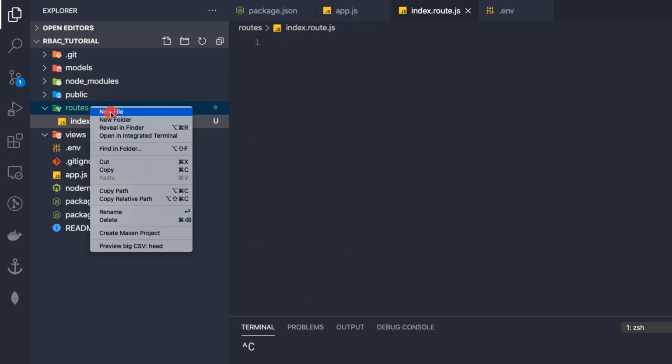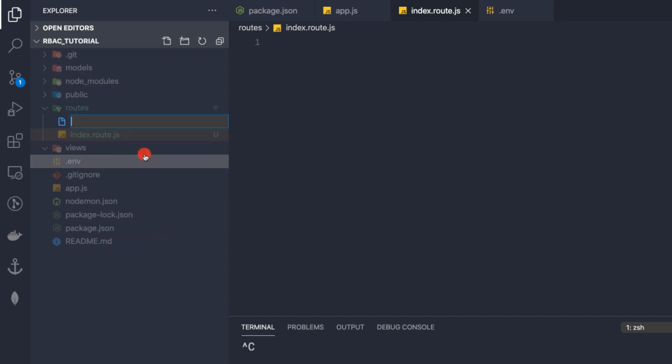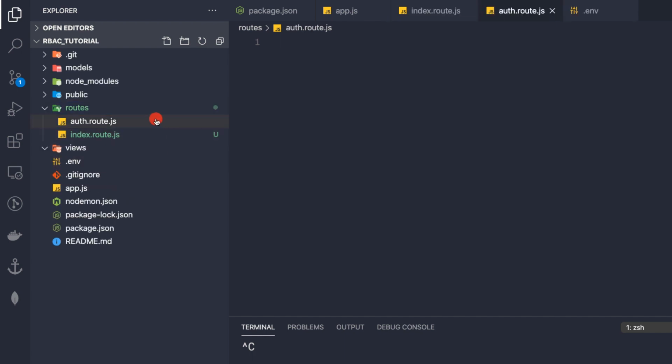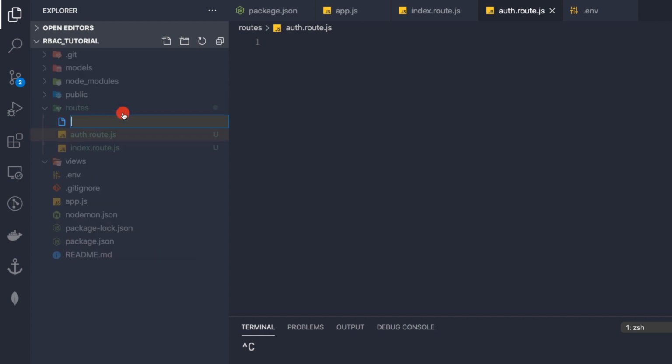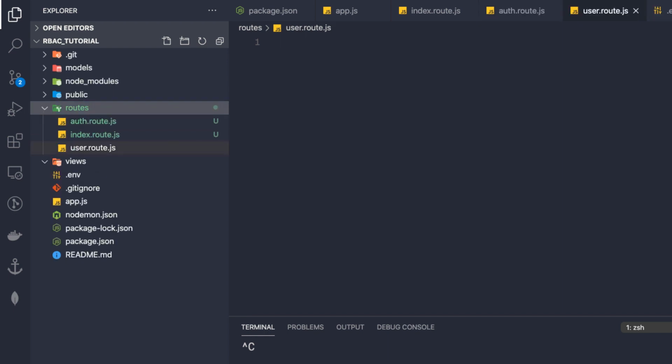Then we create a second route file that would be for authentication, and I would be calling this auth.route.js. Thirdly, we have the user route, so for that, user.route.js, like this.